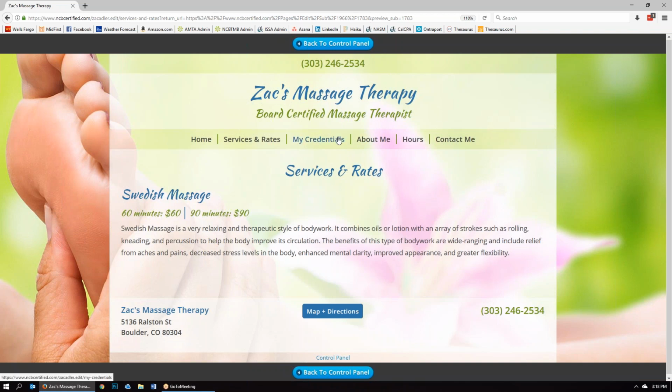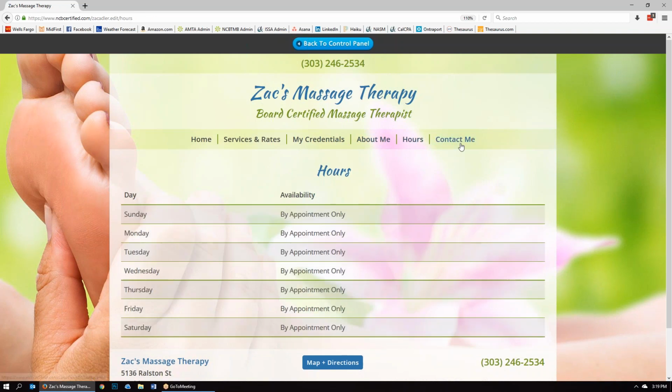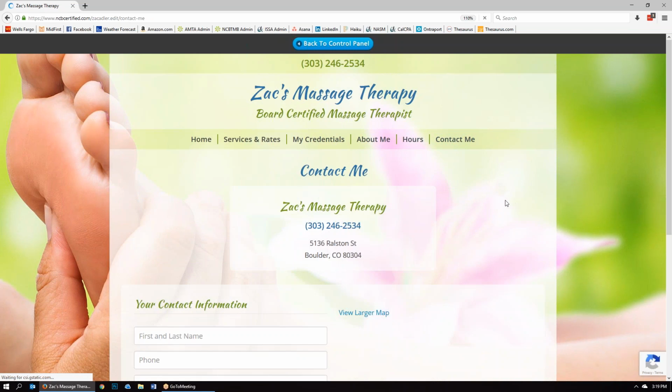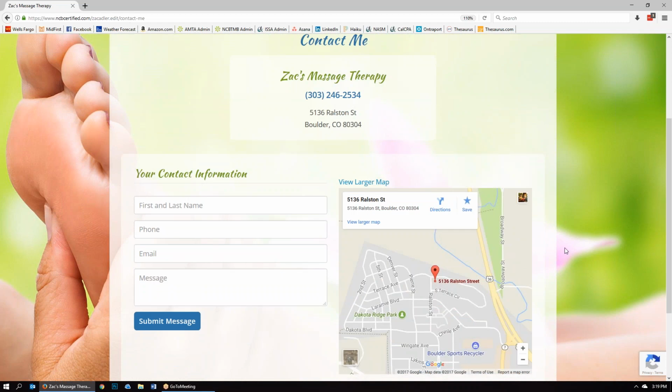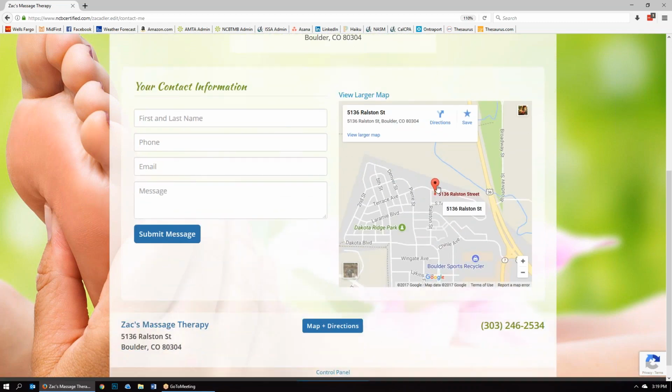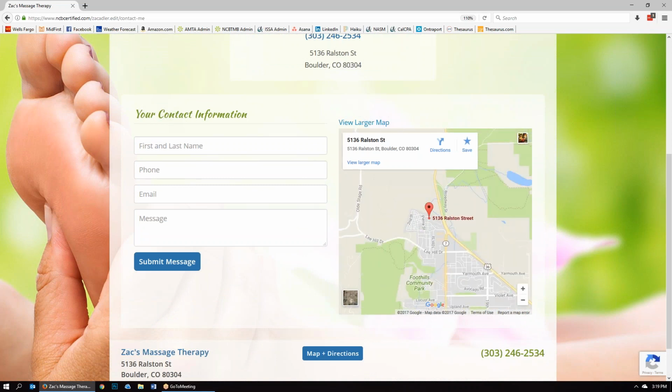So these other pages you can look at your convenience. There's a credentials page where you can choose your different credentials, whether it's from the NCBTMB or from another organization. The hours page where you can obviously put what your availability is, and a contact page. And I'm just going to look at this really quick. You can see here you have the contact card up top with all the key information. And then under that, we've got a couple things. We've got a Google map here, obviously, that you can scroll and get directions from and all of that kind of stuff. And then we've got a contact form over here that is also protected under the hood by Google's